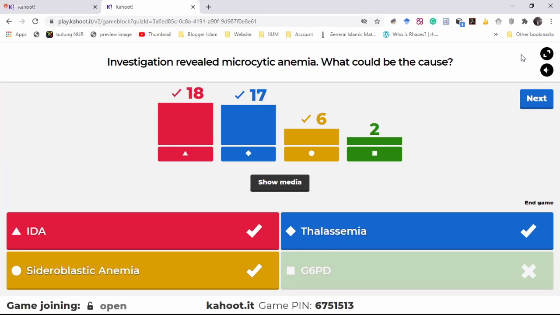So IDA, thalassemia, and sideroblastic anemia can be among the causes, and others like anemia of chronic disease and lead toxicity. In this child particularly, Sam presented with microcytic anemia in his full blood count. We should also think of thalassemia, as I said previously, from Southeast Asia and so on. Sideroblastic anemia, because Sam is a boy, we should think of X-linked disorder also. But it's just a differential. Okay, next.